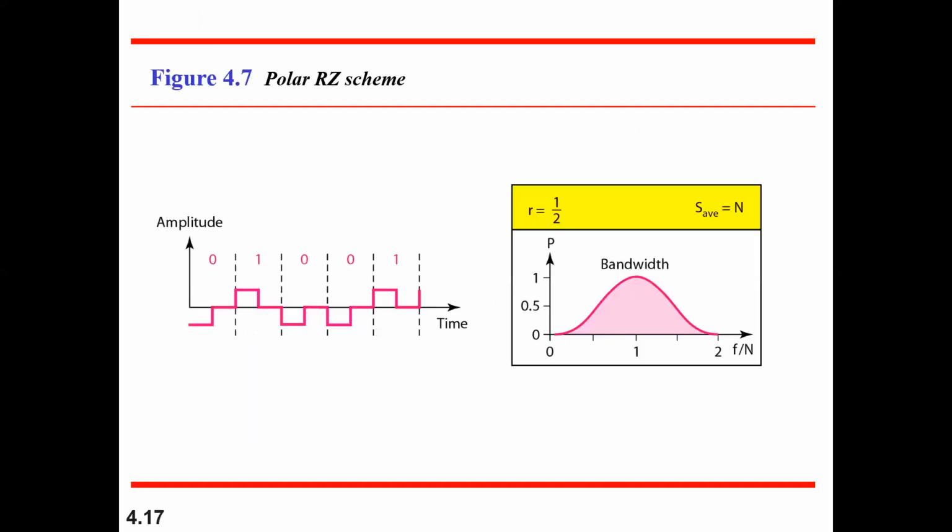Okay, so the next one was polar with respect to return to zero. Return to zero means what? In polar non-return to zero, 0 always comes with the highest amplitude. Now it is going with respect to the lowest amplitude, and we will be considering one more particular scheme, that is a reference signal amplitude. We will take the reference amplitude as the zero level. So highest, then zero level, followed by lowest, which is minus A. From minus A it starts your particular 0. In between, it will go to the reference pointer, and it will lie on that reference pointer for the rest of the time. This is the time duration that you are having.